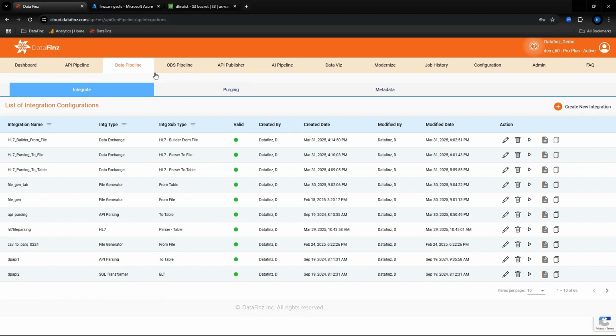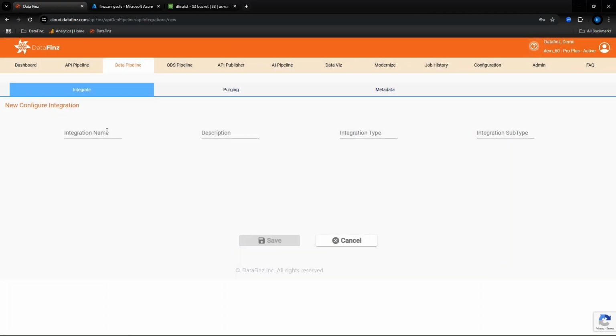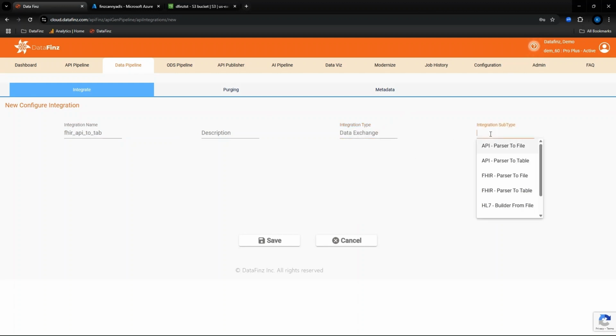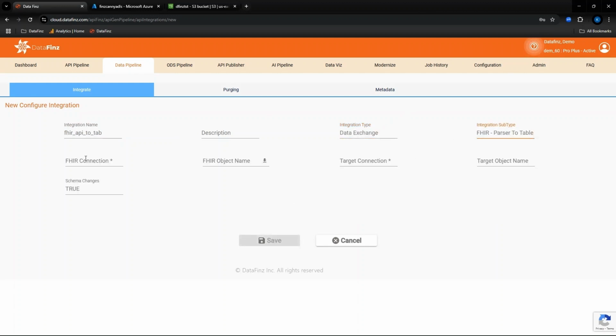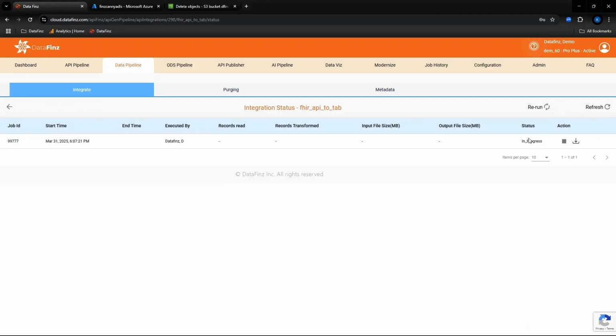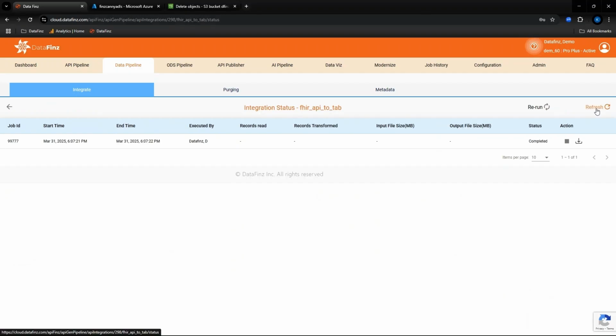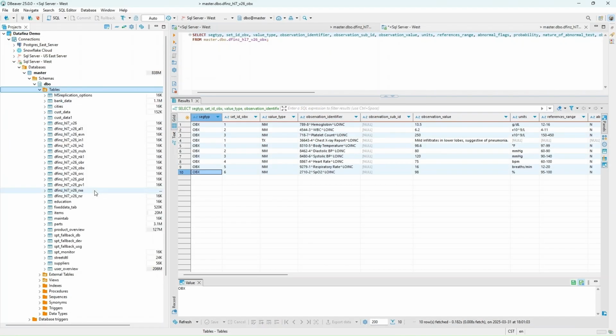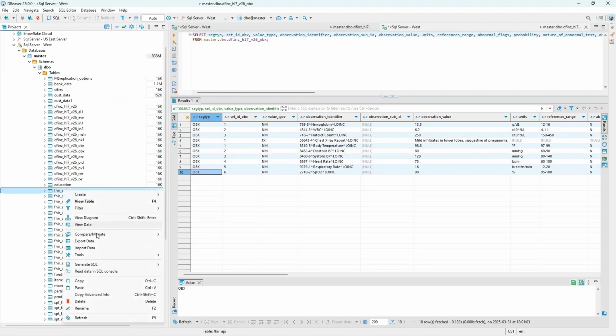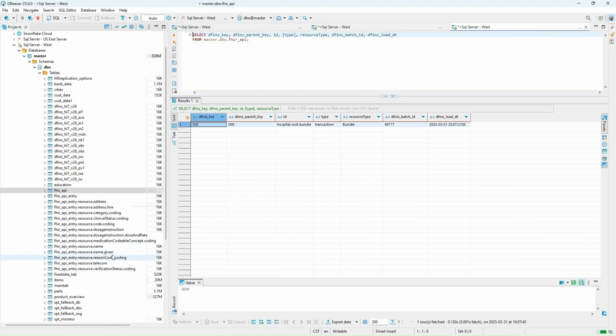To achieve this, the user can navigate to Data Pipeline in the DataFinz interface and create a new integration by specifying the integration name, selecting the integration type as Data Exchange, FHIR Parser to Table as the integration subtype, file connection, FHIR object name, target connection, target object name, and schema changes if necessary. Once the setup is complete, running the process initiates the data transformation. Upon execution, the corresponding tables are automatically created in the target database, and every FHIR record is parsed and stored